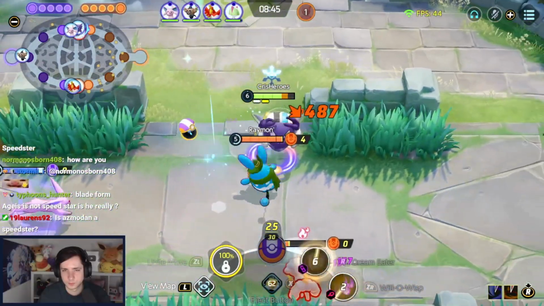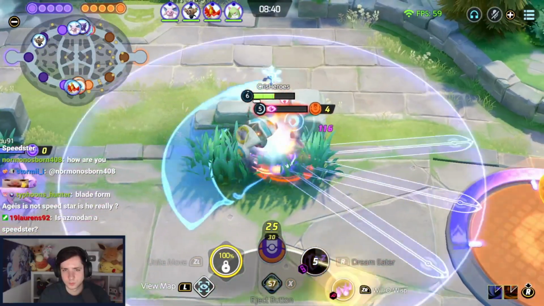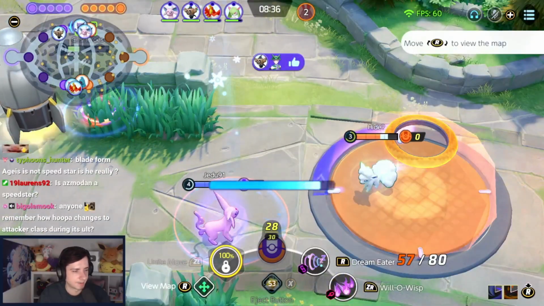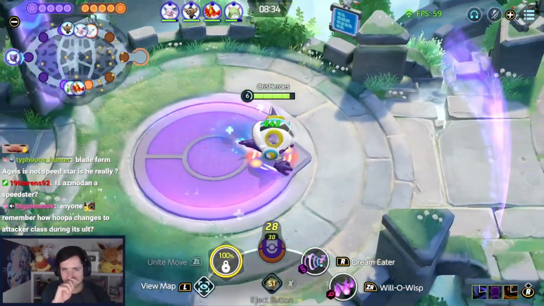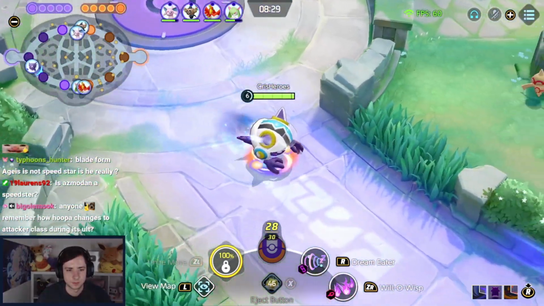Always make sure we get our boost auto attack in, like here, Dream Eater, boost auto attack, walk away a bit, then we can port, boost auto attack, Will-O-Wisp again, because Dream Eater again is resetting our Will-O-Wisp by a bit of a cooldown, and we get the KO. And this is what you have to do to really get those KOs in, and to start snowballing the game